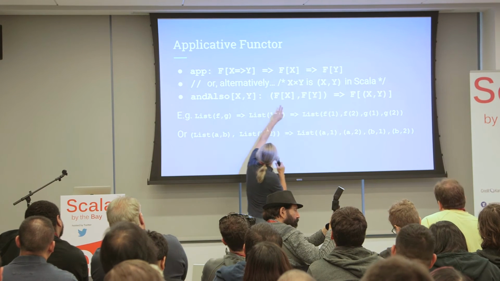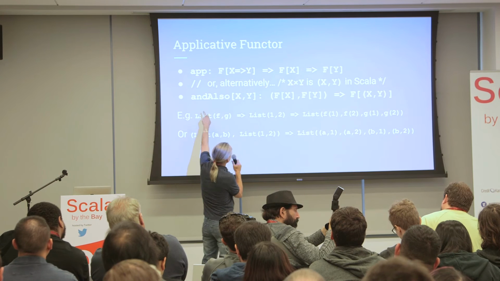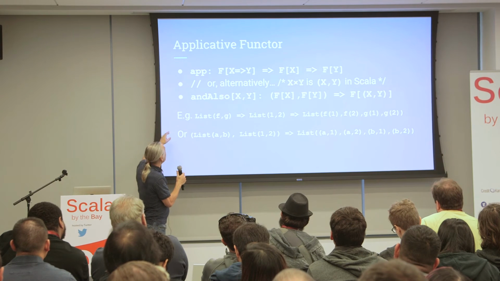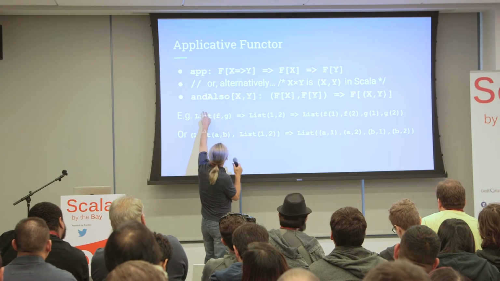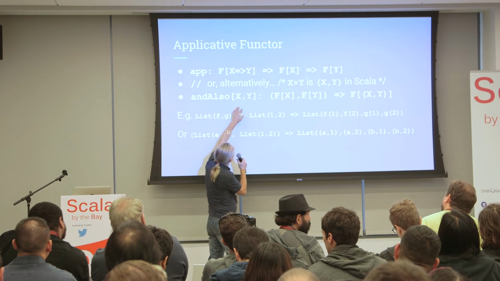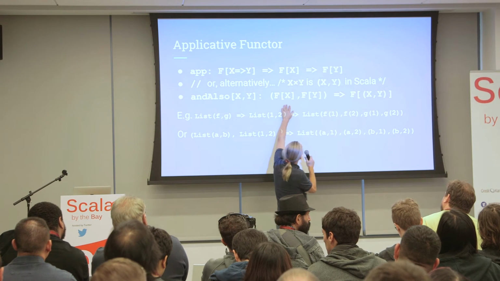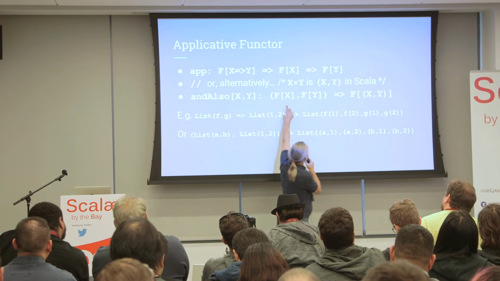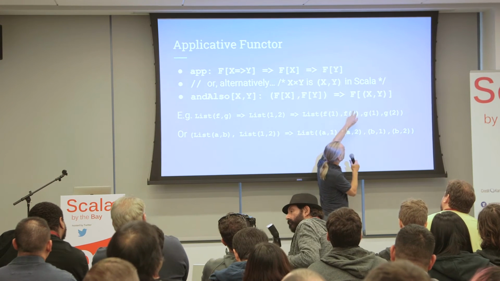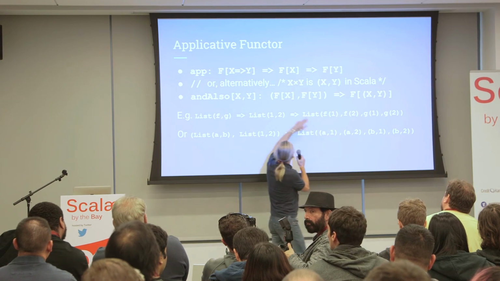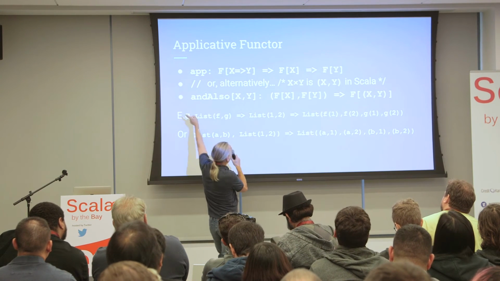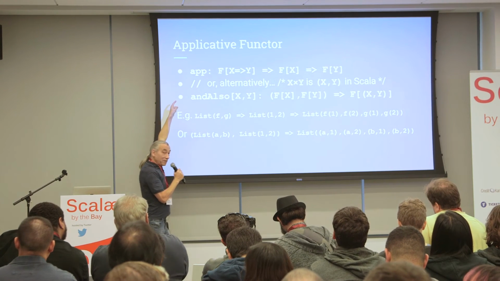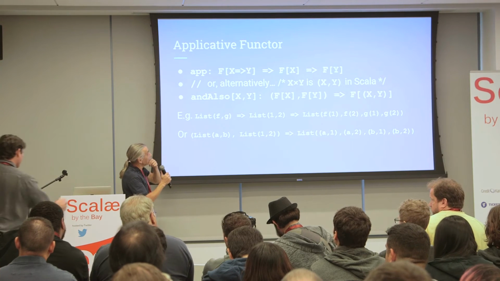Alternatively, instead of this, we can redefine applicative functor like this. Because our category is Cartesian closed, we can redefine it instead like this. Call this method, and also define an x and y and map pairs x and y into f on pairs. So we have a list of x's and a list of y's, and we produce a list of pairs x and y. And why is it possible? Well, because we do just currying or uncurrying. In this case, we do uncurrying and get this one. So these two definitions are equivalent.